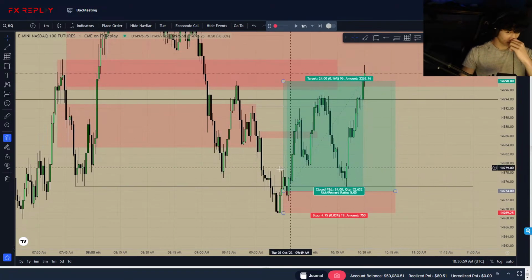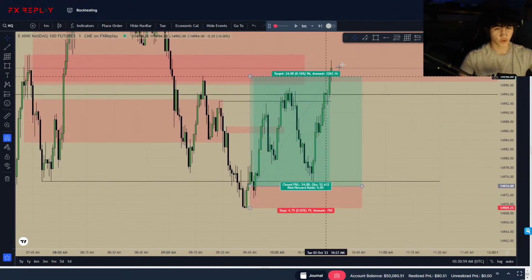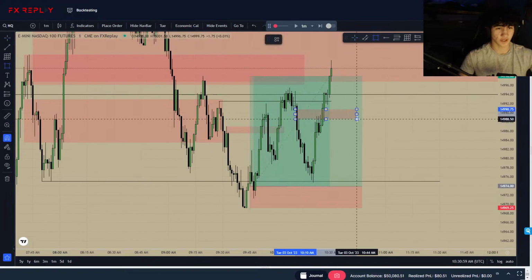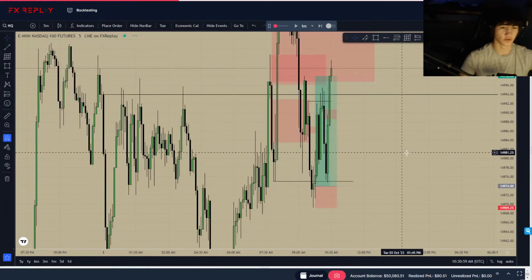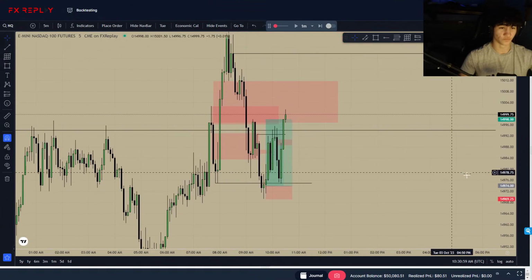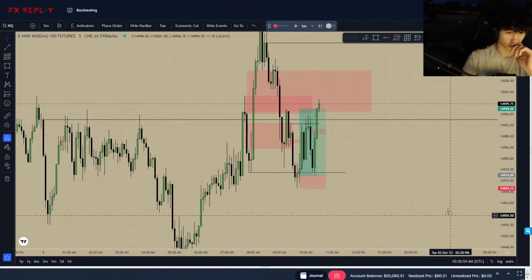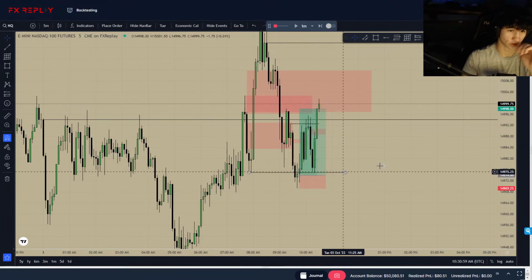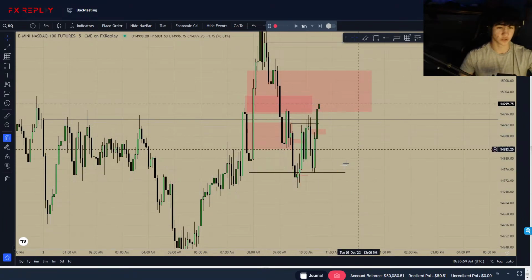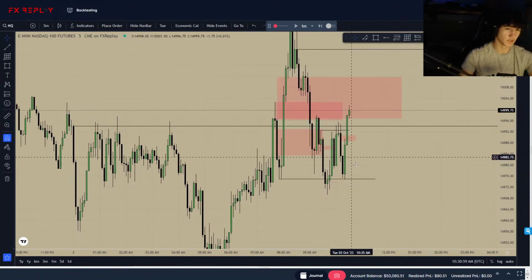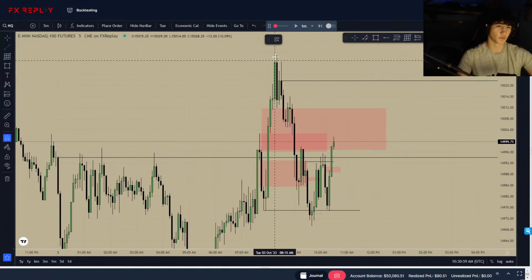Some of us would have gone out too, just because of this market structure shift. We could have trapped some people in longs, but you gotta realize the higher time frame narrative. Check it out on the 5 minute. Yeah, we just ran out these highs. We failed to shift market structure on the higher time frame, which I just call a failure swing, and we were below midnight open. Holding longs up to this high would have been prime.